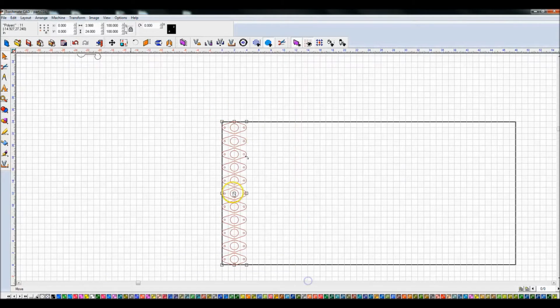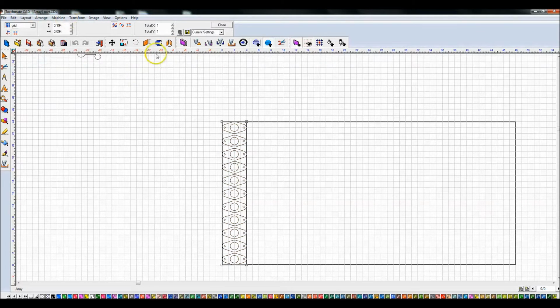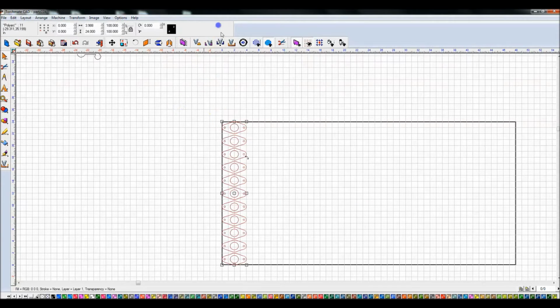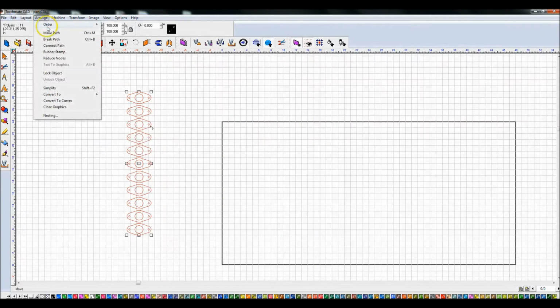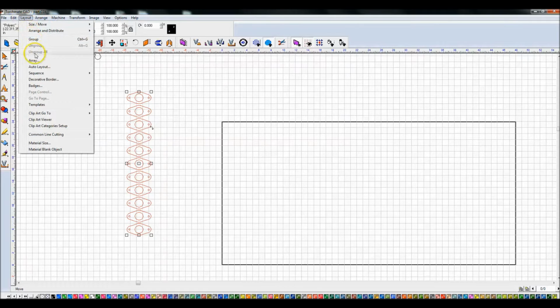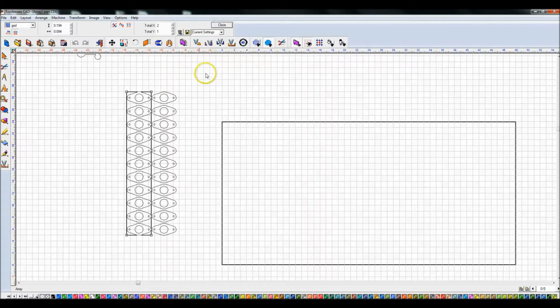So anyway, let's highlight this again. Array, layout, array, and what I would do is I would go ahead and add one in the X direction. Let's move it off the sheet. Layout, array, bump one in the X direction. Okay. So now what I'm going to do is go ahead and close this,